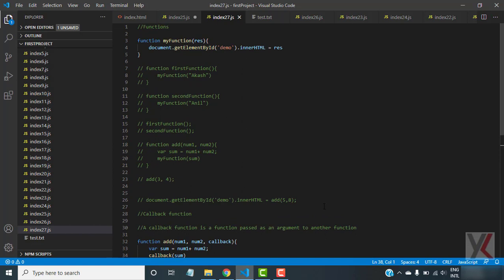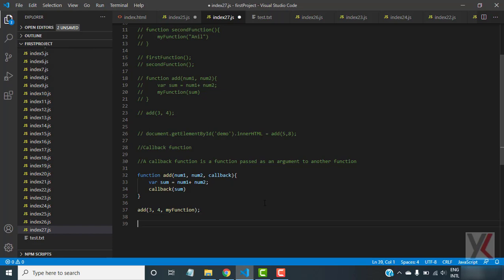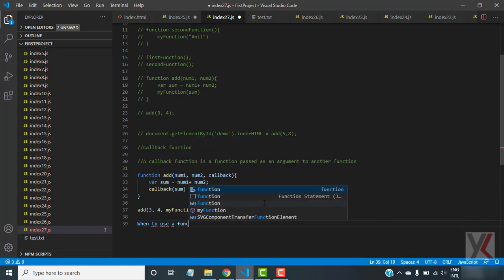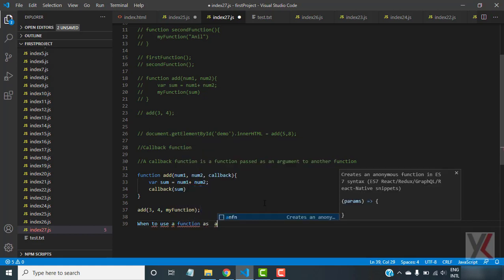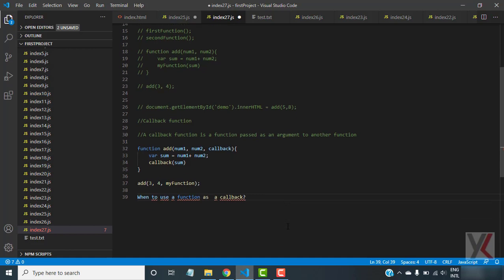Now the question arises: when do we want to use a function as a callback? So the question is when to use a function as a callback. We generally use callback functions in asynchronous functions,